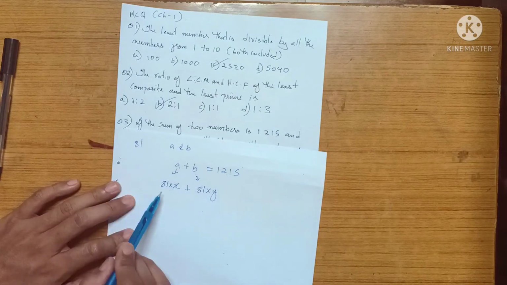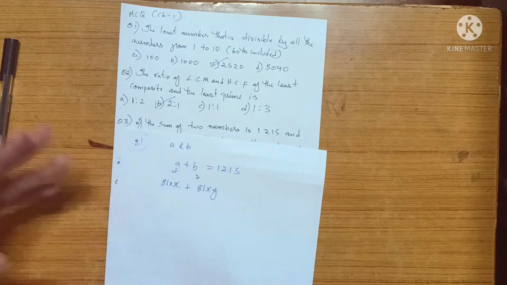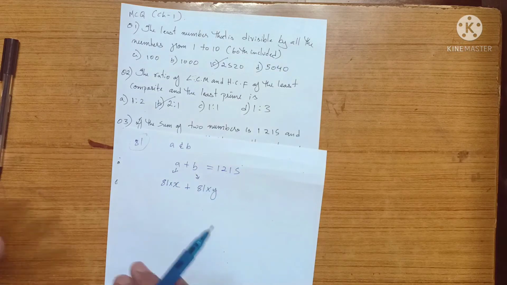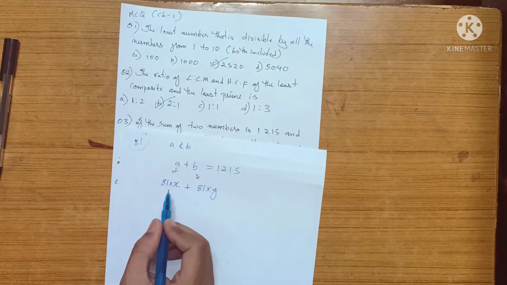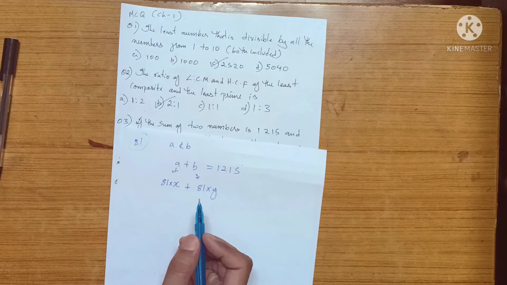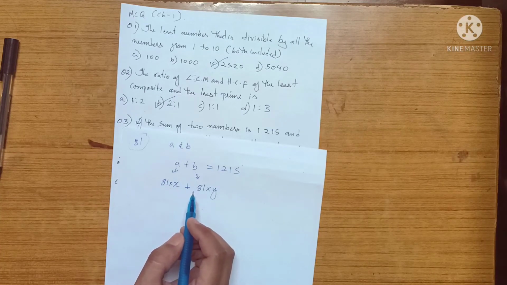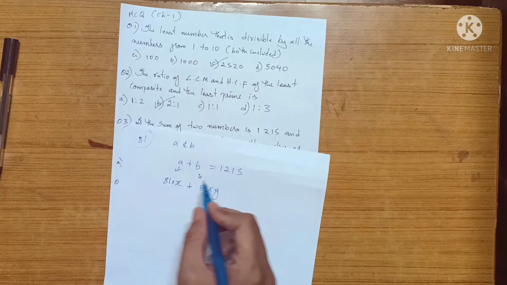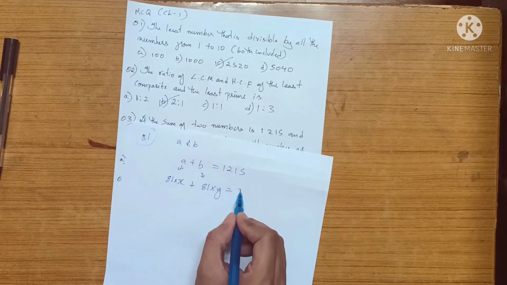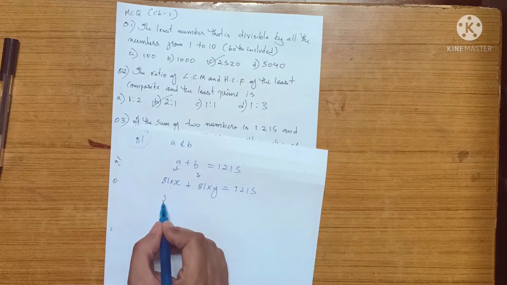Why? Because they're saying 81 is the HCF, the highest number that can divide both A and B, which means 81 is a common factor for both A and B. So they both should be multiples of 81. So A we can write as 81 into x, B we can write as 81 into y. Okay, so equal to 1215. From here we can take 81 common,